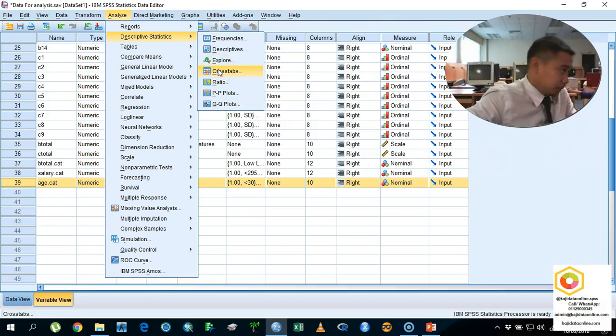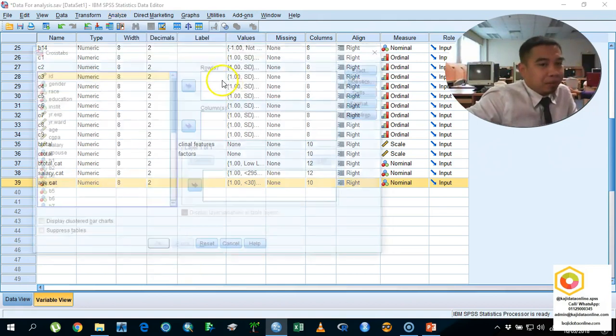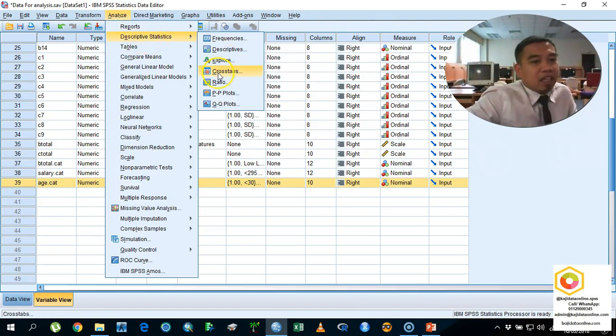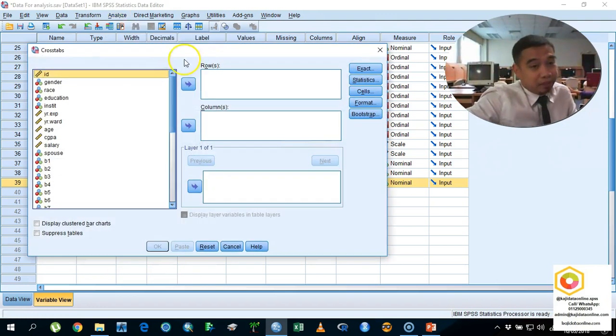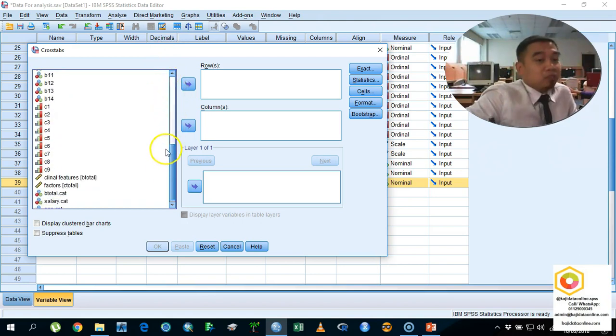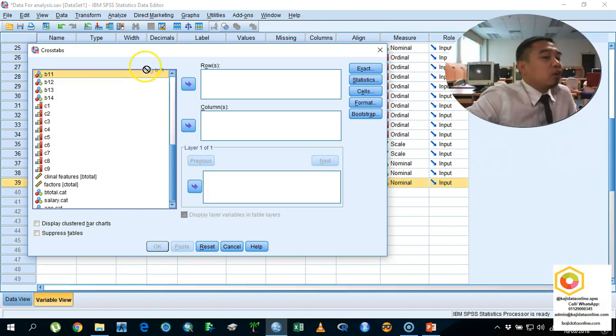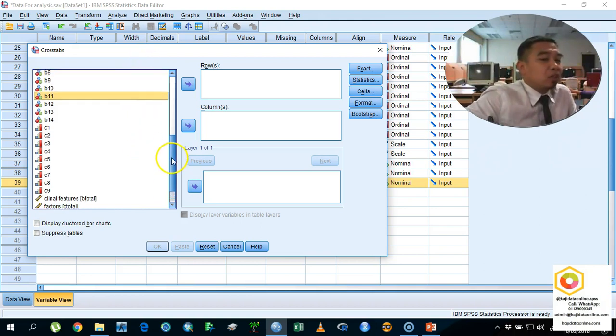Crosstab. Okay, I make a repetition. You go here: Analyze, Descriptive, and then Crosstab. Crosstab is for the chi-square, but not chi-square only. It's for anything to do with cross-tabbing. Cross-tabbing means that